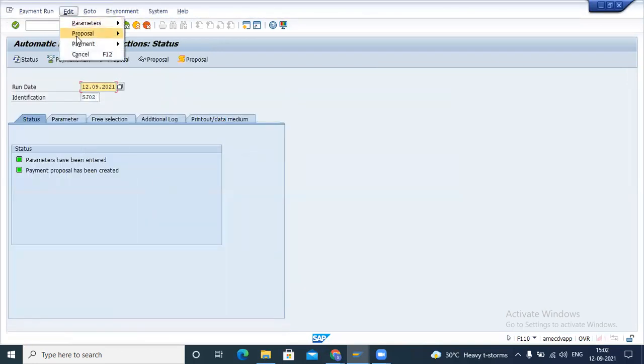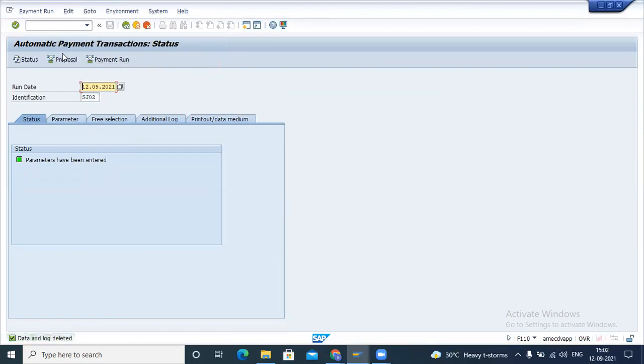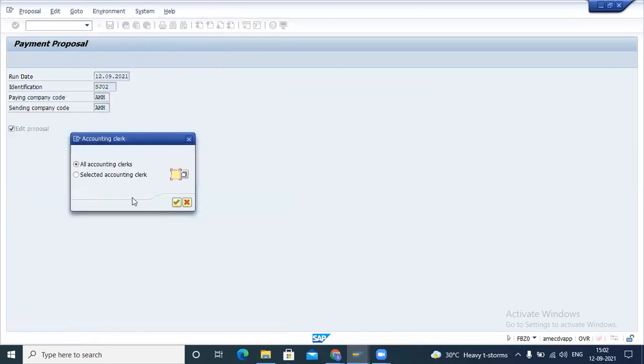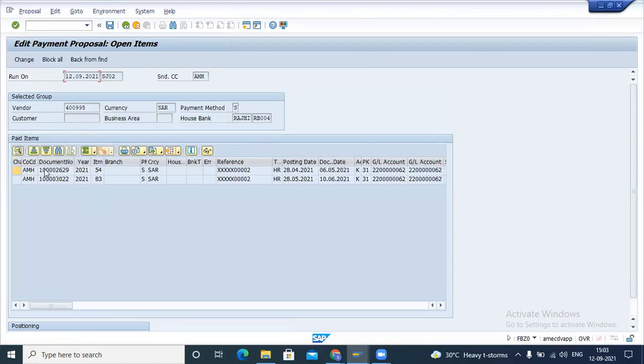We can also delete this proposal here: edit proposal and delete. Now I'm creating the proposal again. Going into the proposal and just double clicking on it. Now it is showing me only 2 vouchers here.